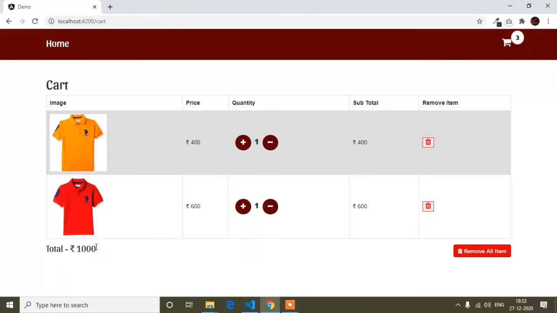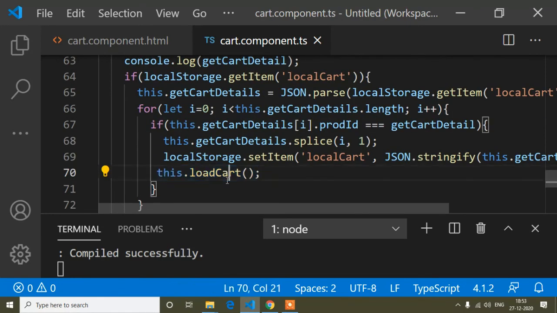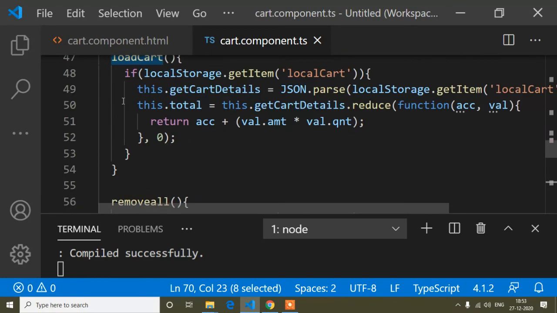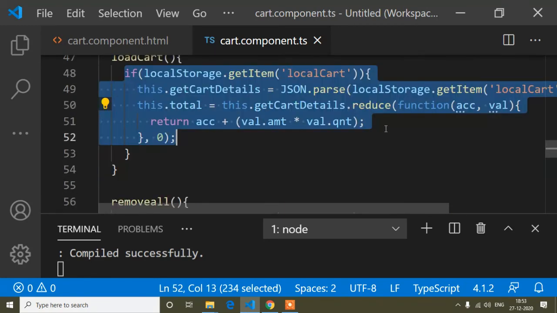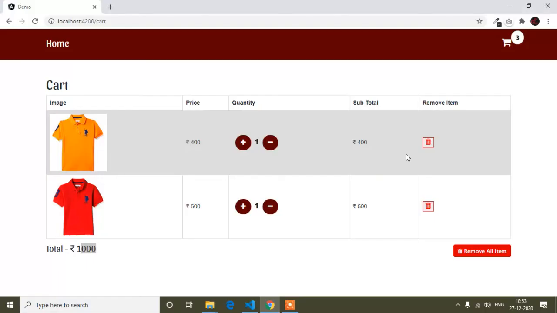Now if I remove this product of 1600, you can see it's now 1000, because when I'm removing a product, this total function, in this method, I write the calculation of total, or you can say any logic of total. If you haven't watched my previous tutorial, you have to watch it, then you will get that in this method I calculate the total. So for that, after removing any product, I'm calling this function again, so it will calculate the total again.